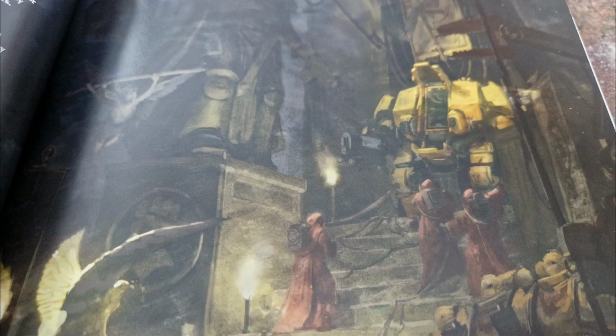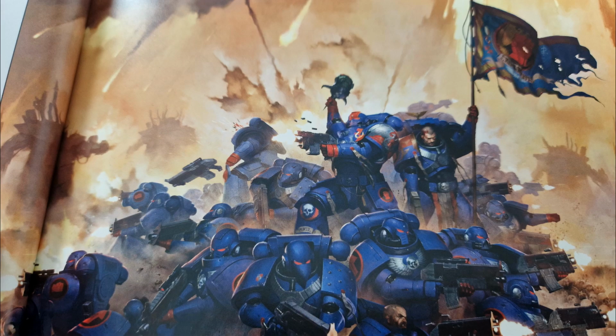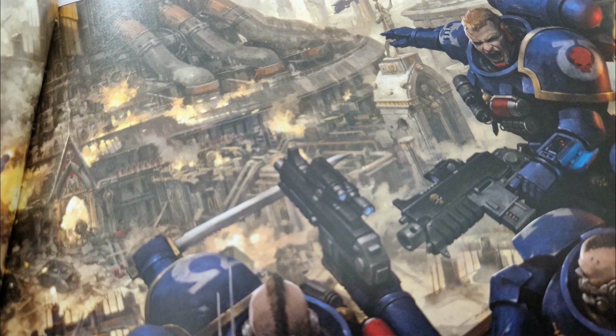It should be much more dynamic than just standing still and shooting at you. And at first glance, the ANVIL Siege Force really helps people who stand still or shoot at each other. But to really make this force work, to really make this detachment work, you should be doing that with a couple of your units, half of your units, while the other ones are doing the heavy lifting and actually scoring